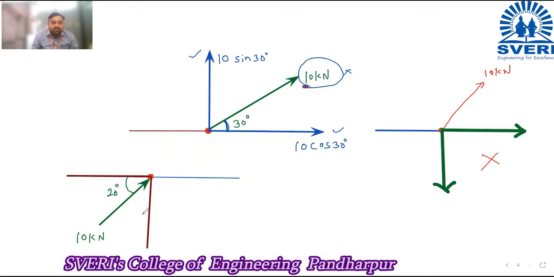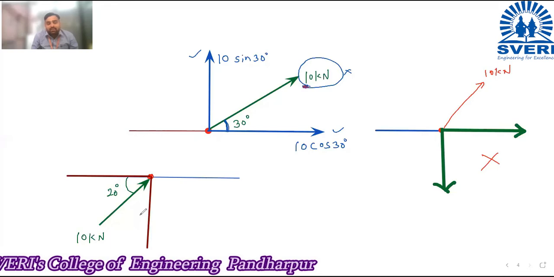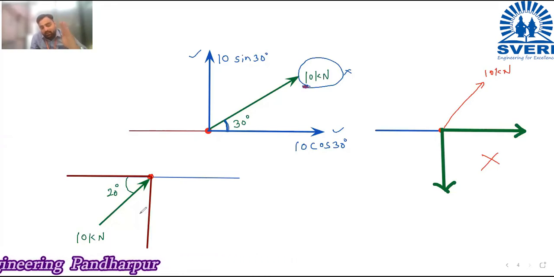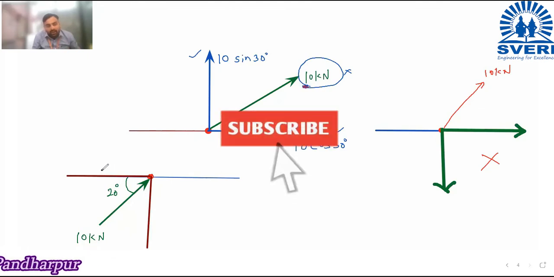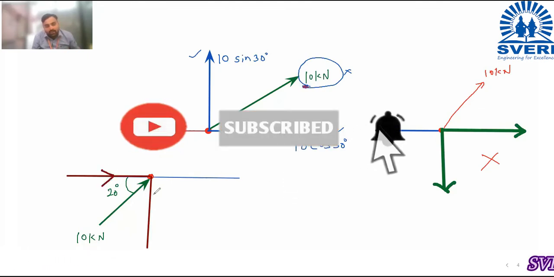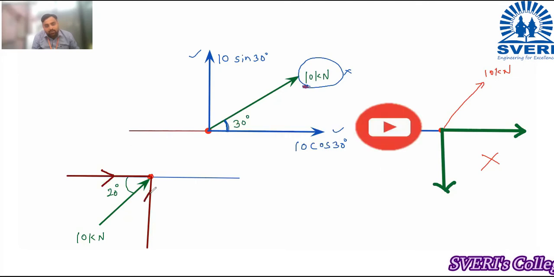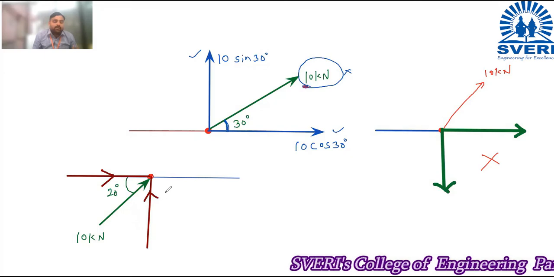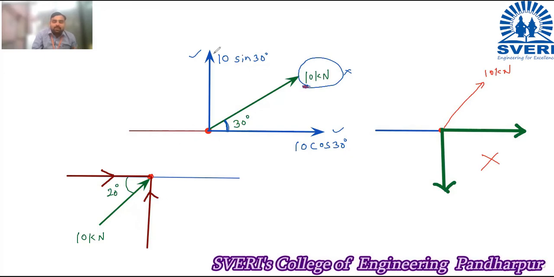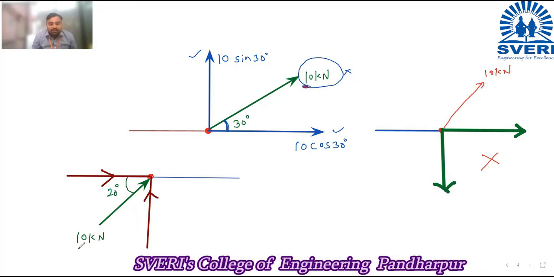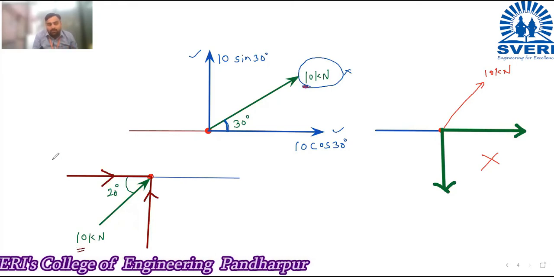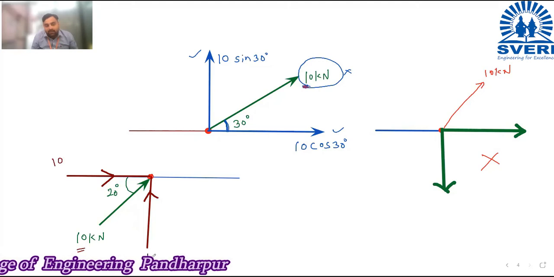Now see the direction of the force. Now where is the direction of the force? The direction of the force is towards the point. Now if its direction is towards the point, then I will give the direction of these components also in the same direction. These directions also towards the point. Now my next step is what I am going to do. I will see the magnitude of this force. Now what is the magnitude of this force? 10 kilonewton. So I will write here 10 and here also 10. I have given 10 to both.